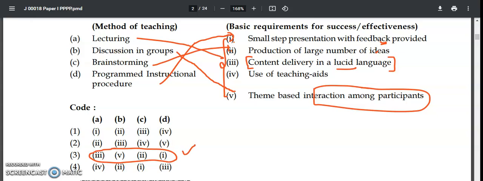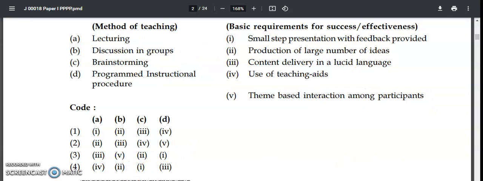Okay, so it is the next question. And coming to the next one,